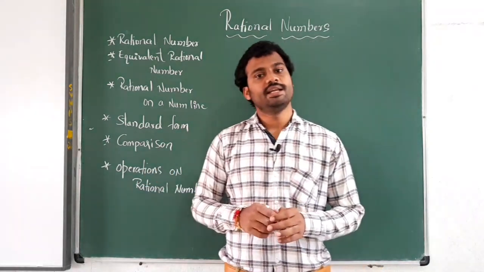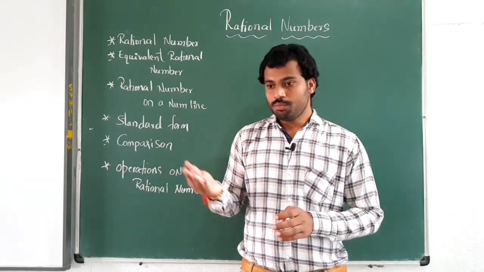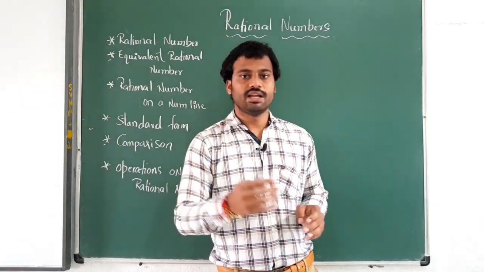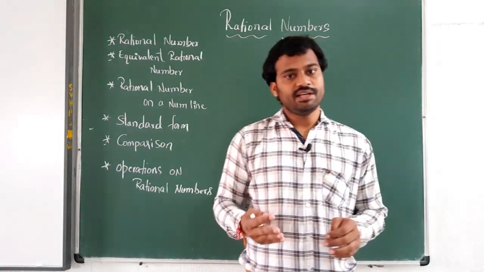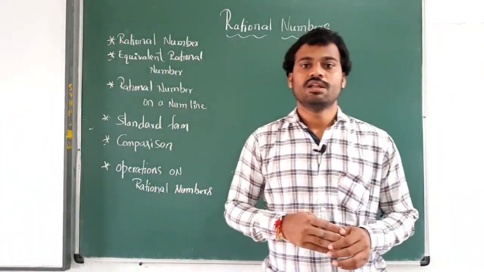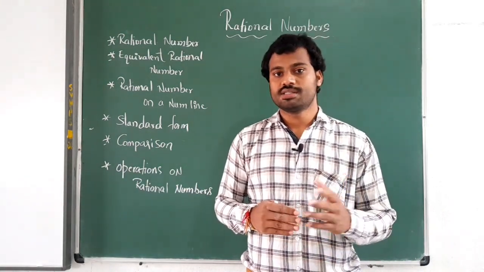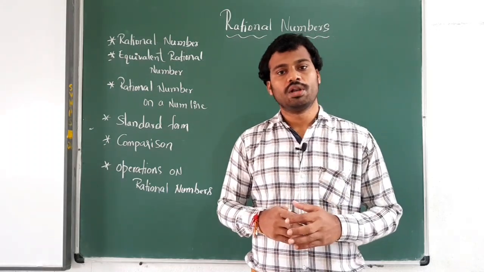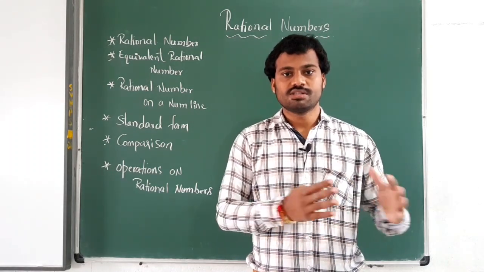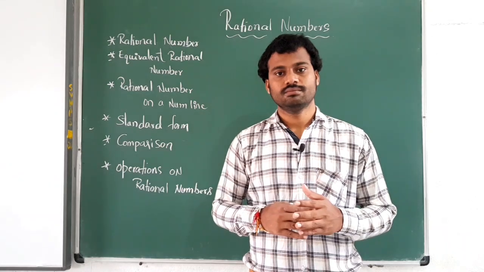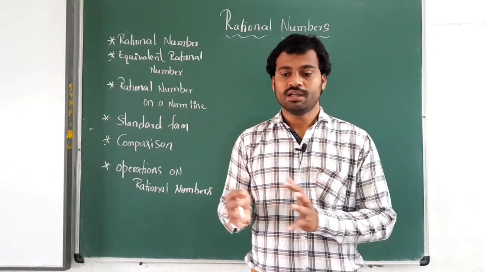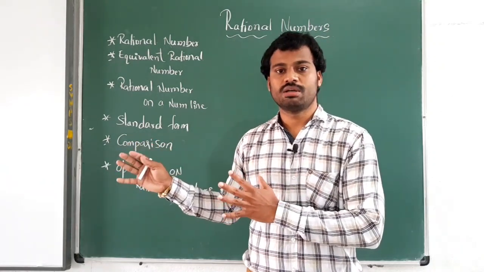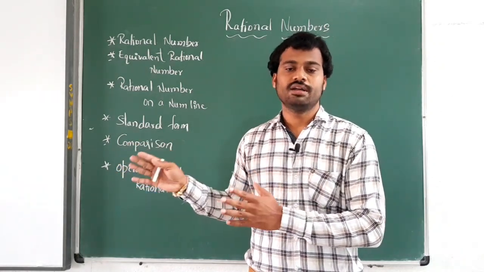Next is integers. Suppose you are doing a business; sometimes you will get a profit and sometimes you will get a loss. The profit obviously we can represent with natural numbers, but a loss we can't represent with natural numbers or whole numbers. Why? Because loss is negative. So to the whole numbers we added negative numbers and made one more separate set. It is called integers.